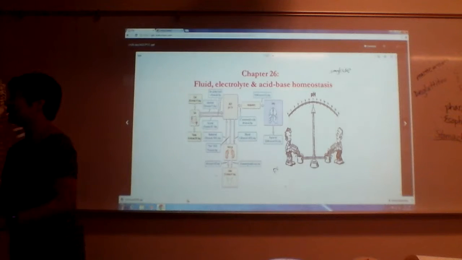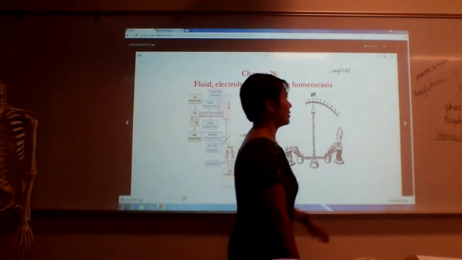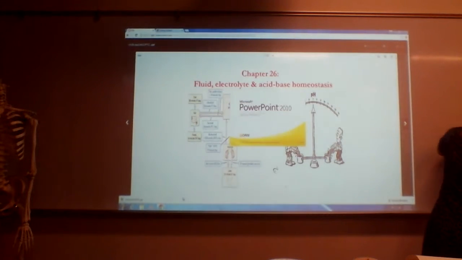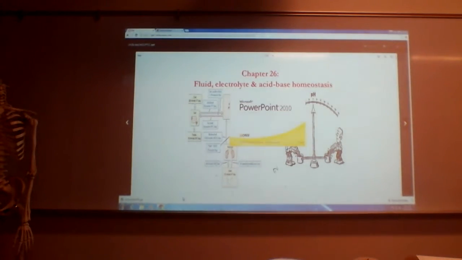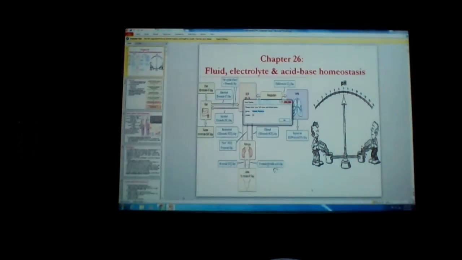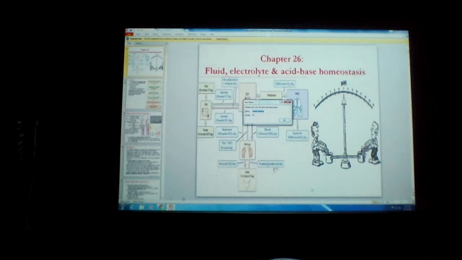Now we know that we are made up of electrolytes, we're made up of water, we talked about the different proteins, the different nutrients. Now we're going to look at these different electrolytes and the importance of normal levels of these different chemicals that we have in the body. We talked about the organic nutrients. We know the importance of the fat, the protein, the glucose. Now, this is the next one in the limelight. This fluid, electrolyte, and acid-base balance.